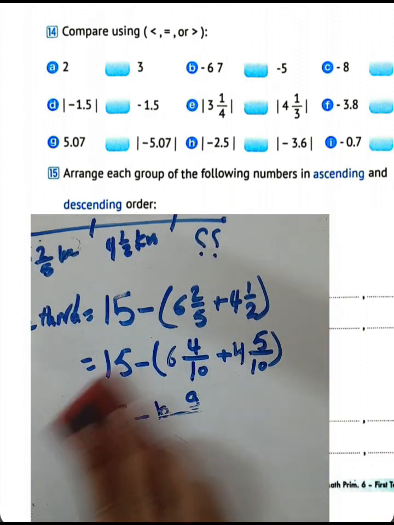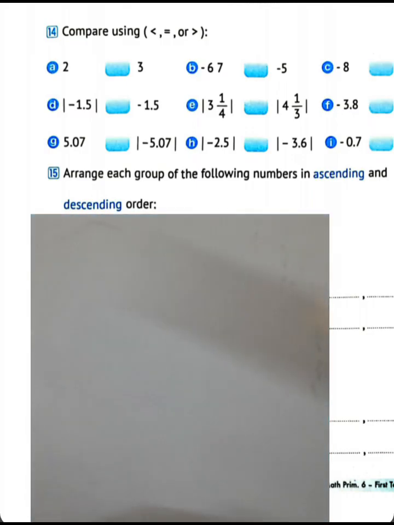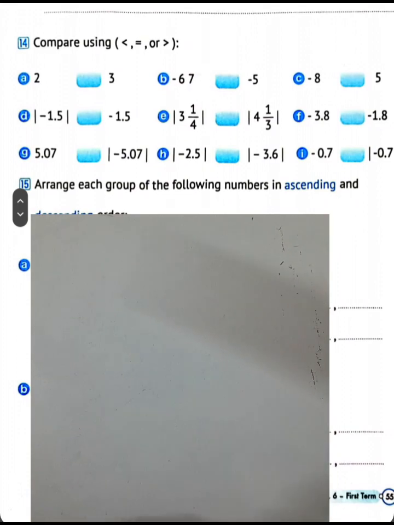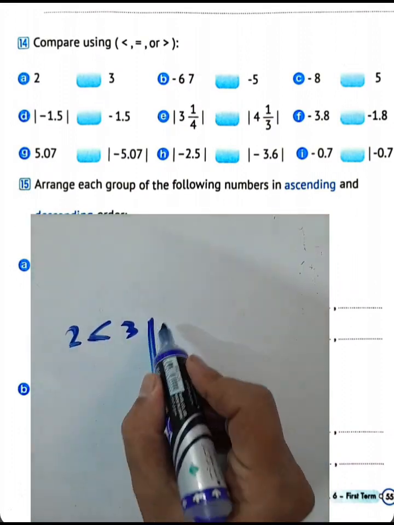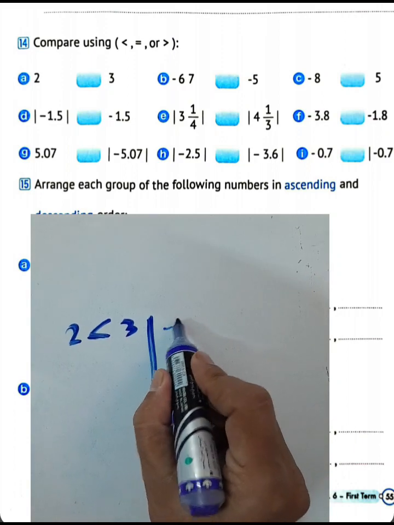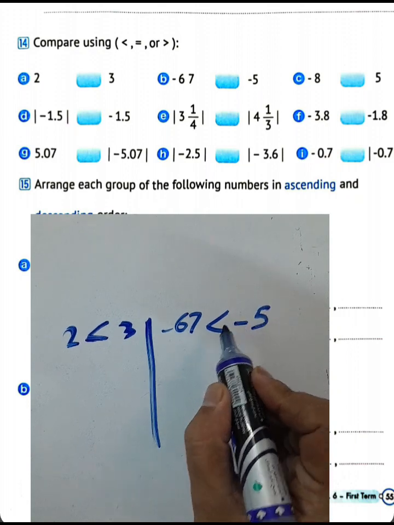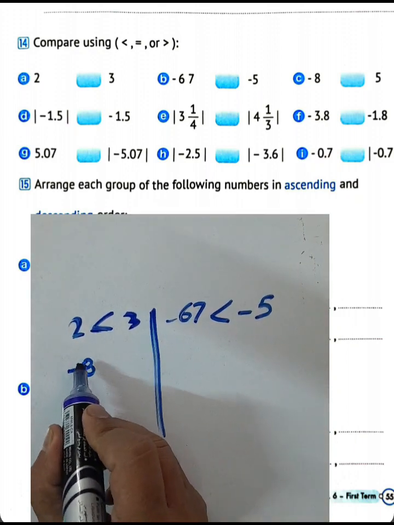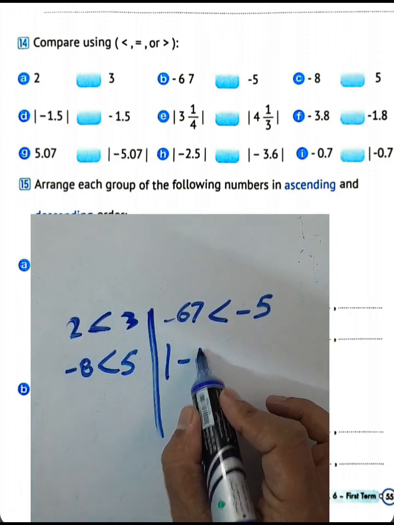Compare using more than, less than, or equal to. 3 and 2: 3 is greater than 2. Negative 67 is less than negative 5. Negative 8 is less than 5. Absolute value of negative 1.5